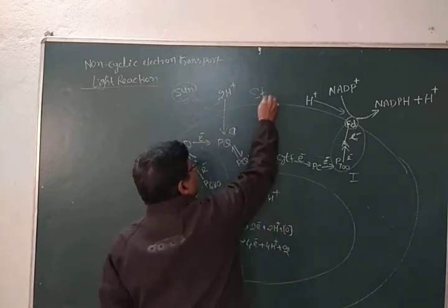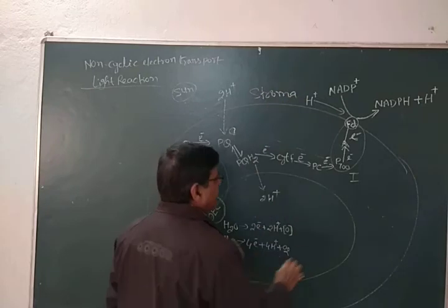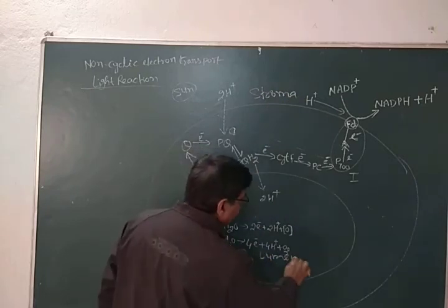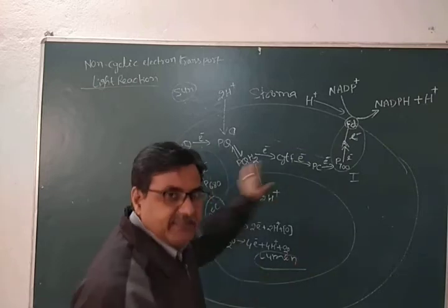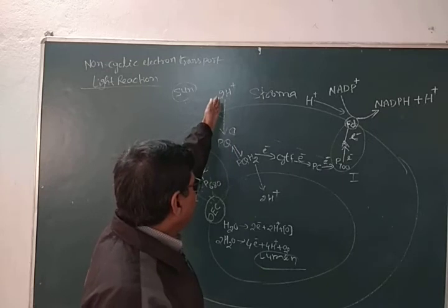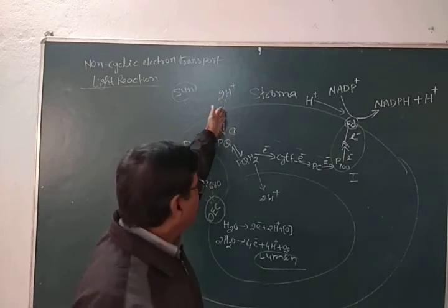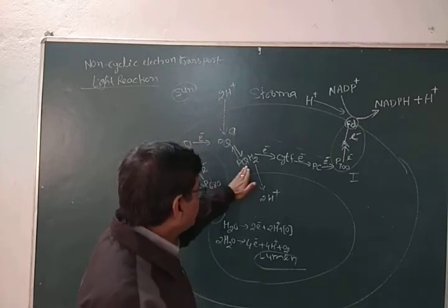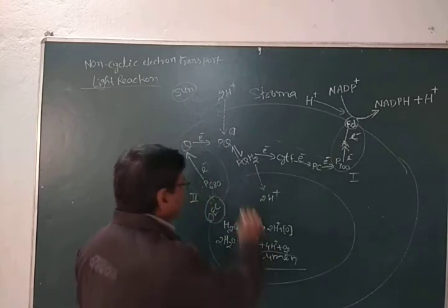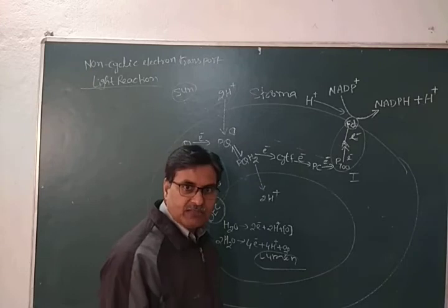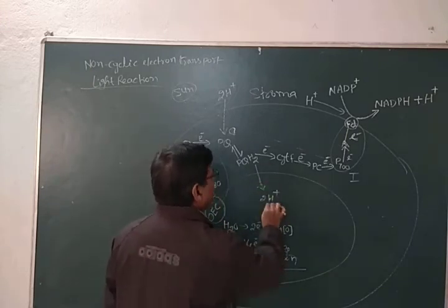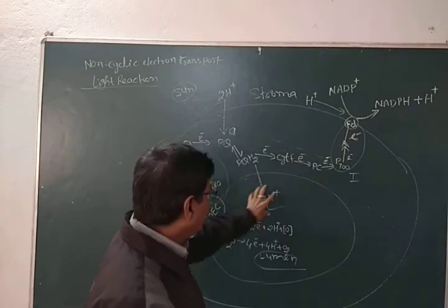This is the stroma, and this side is the lumen. This one is the lumen, or you can say the space in the thylakoid. So this plastoquinone receives the hydrogen proton from the stroma, and it forms the plastohydroquinone. And now after that, from plastohydroquinone, this hydrogen proton comes into the lumen or space of the thylakoid here,